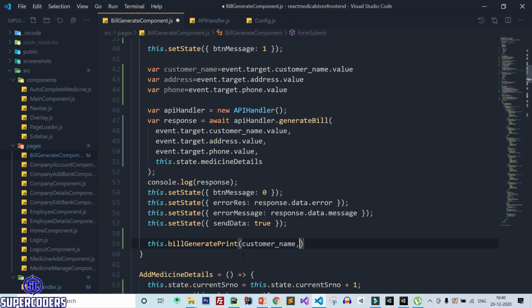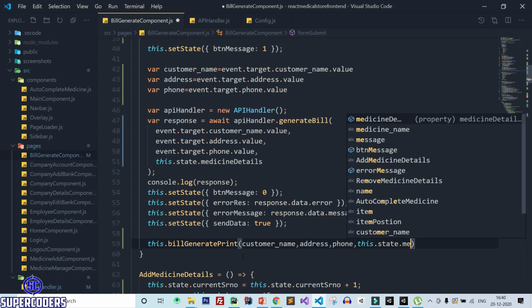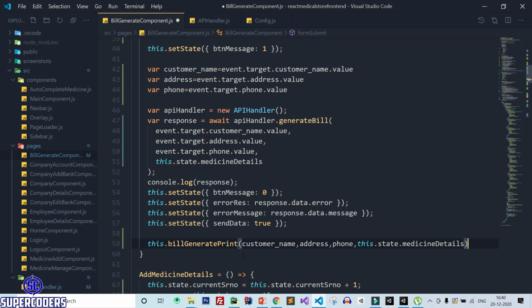So customer name, then address, then phone, then this dot state dot medicine details.